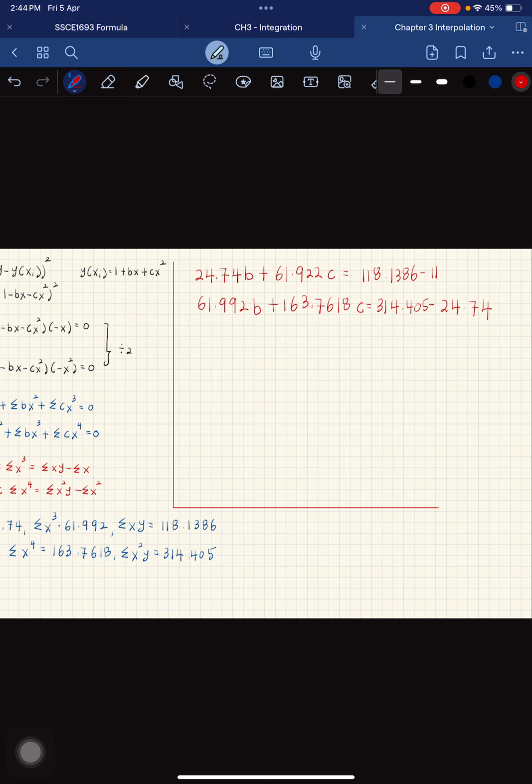So your answer from your calculator, b equal to negative 1.8027, and c equal to 2.4505. Therefore, y equal to 1 plus bx